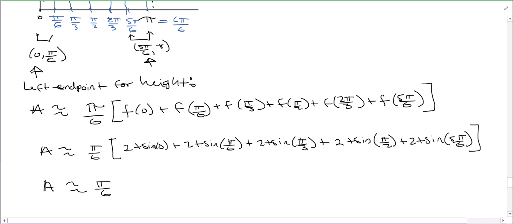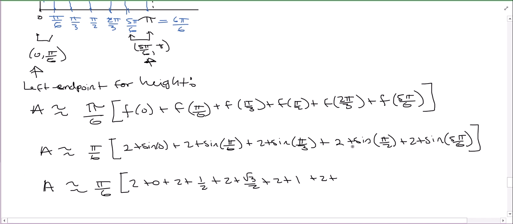Sine of 0 is 0, right? So we're going to have 2 plus 0 plus 2 plus sine of pi over 6. We already saw that that's 1/2 plus 2 plus root 3 over 2 plus 2 plus 1. Sine of pi over 2 is 1 plus 2 plus sine of 5 pi over 6, which is, oh,